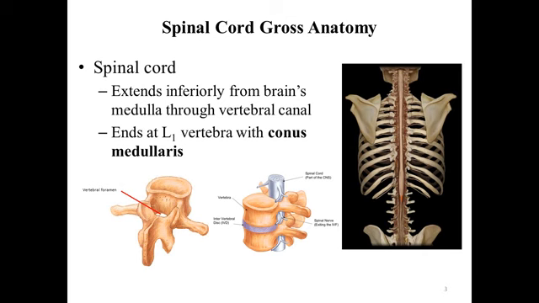The spinal cord is a cylindrical cord that extends inferiorly from the medulla oblongata of the brain through the vertebral canal. That is, the canal that is formed by the vertebral foramina, the holes or openings in the vertebral bones, the vertebrae. The image at the bottom left shows a single vertebra and the vertebral foramen is labeled. The middle image shows the anatomical alignment of two adjacent vertebrae with the spinal cord filling the vertebral foramina, which